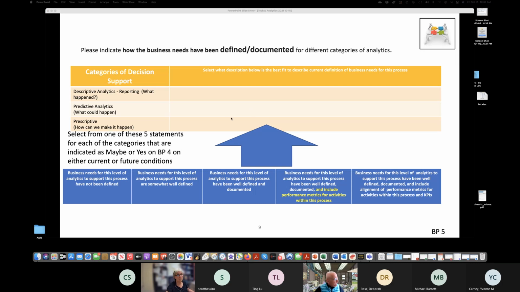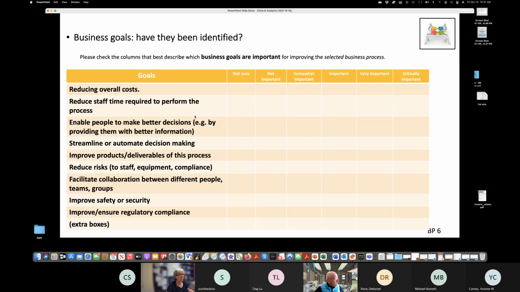So let's see. Go back to, so this is sort of a question about the goals. And so just try to get a handle on what we're trying to accomplish, because we're going to try to make some sort of an improvement. But this is just a list of goals, and you can see that it says they're extra boxes, which means that if this is in a workshop setting,